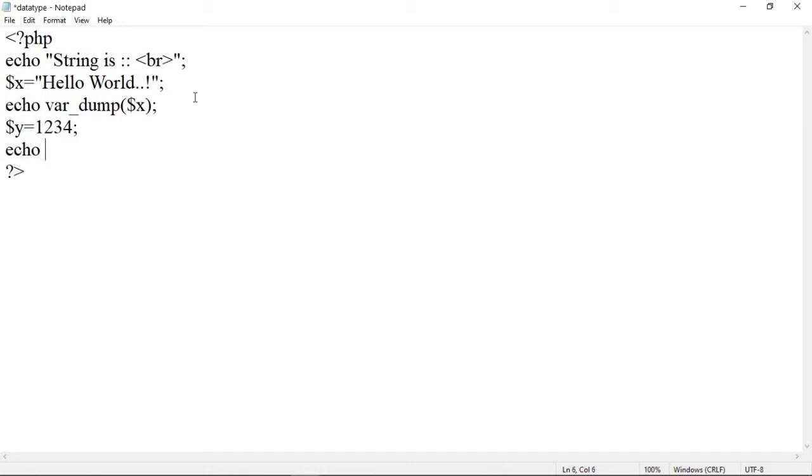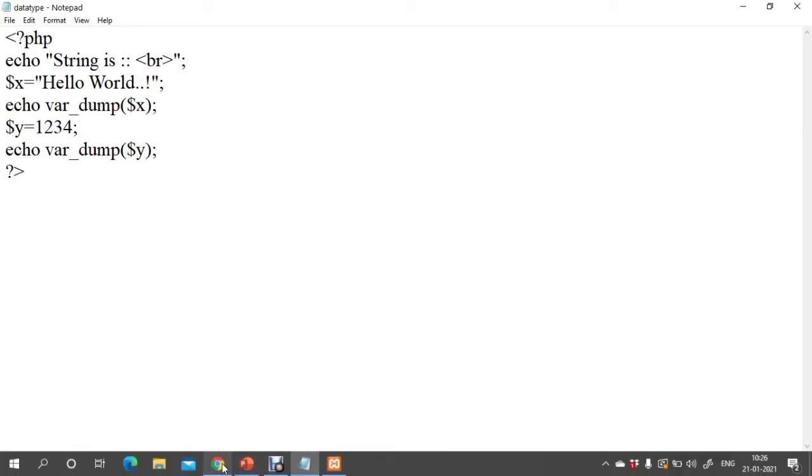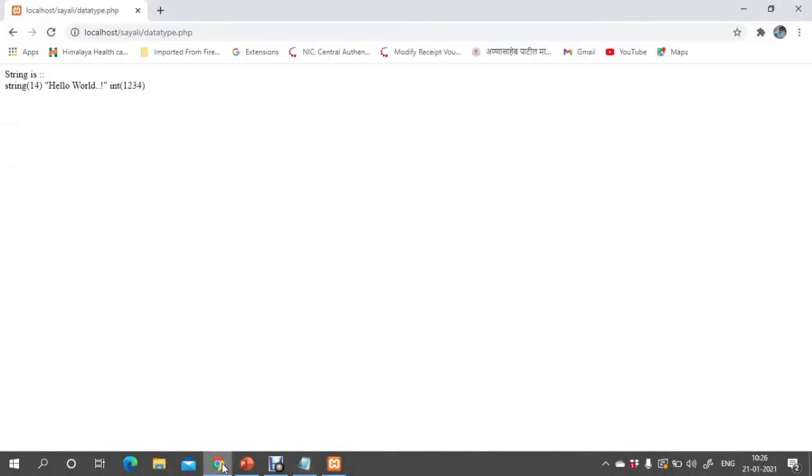So echo, to check a data type, the method used is var_dump, within which I have to check the type of the y variable, so $y. Now save this program and again check the output. See here, it is of type integer and the value stored within it is 1234.